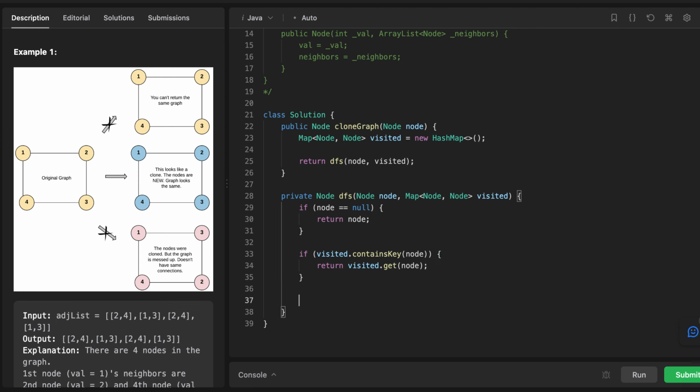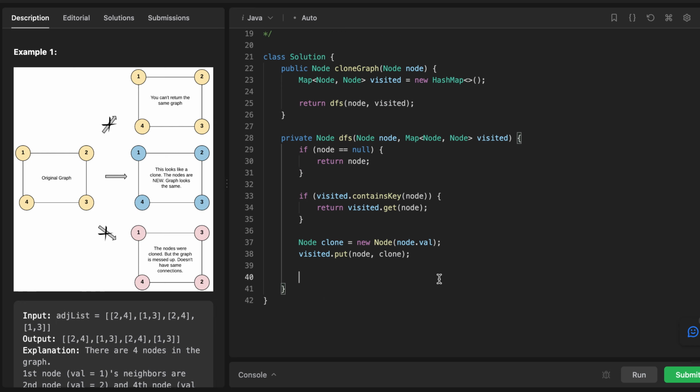Okay, now let's create our node, which is the cloned node. You can just say clone is a new node, and when we are seeing this node for the first time, we will be able to see its value as well, so we'll create a clone. Now we create a clone. Now into our visited map, we need to put this clone. So for the given node, we are adding our clone. So now we created 1 and 1 in our visited,